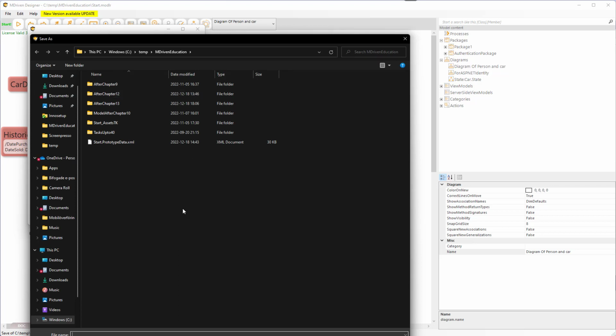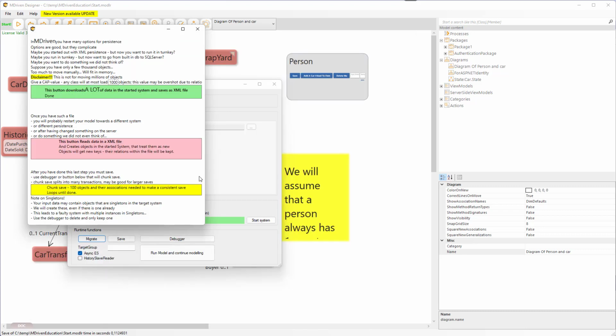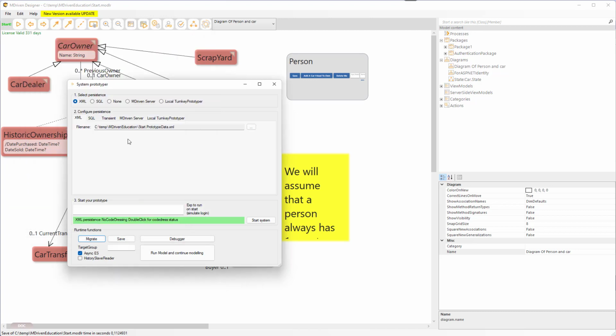Where do you want to store the migration file? Migrate to DB. So now I have all the data from the XML file in a migration file. Now I can